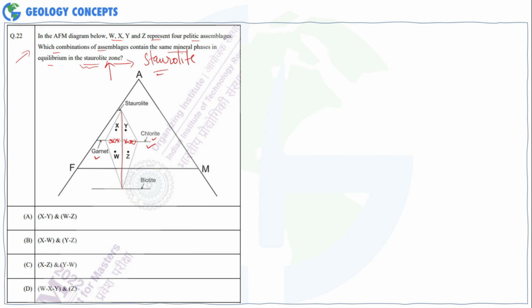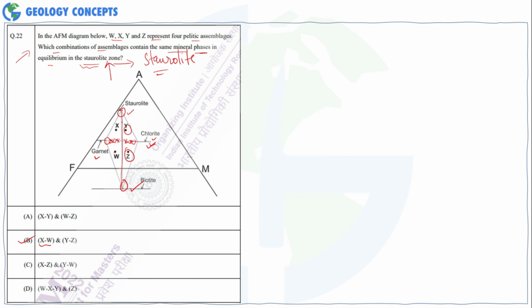Now the next question becomes very simple. It just asks for the assemblages that contain the same mineral phases. If I talk about X, X would contain staurolite, garnet and biotite, and at the same time W will also contain garnet, staurolite and biotite. So I can certainly say that X and W are the assemblages which have the same mineralogy, and similarly Y will contain staurolite, chlorite and biotite, and so does Z. So the correct answer here will be Bombay, and the catch in this question was that there is no